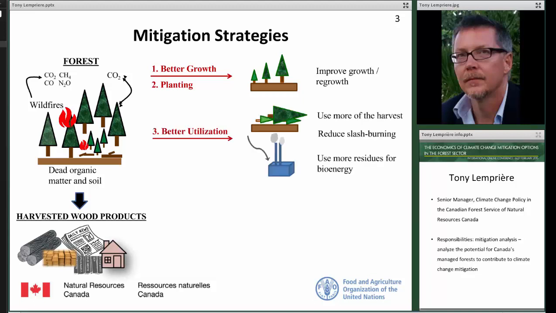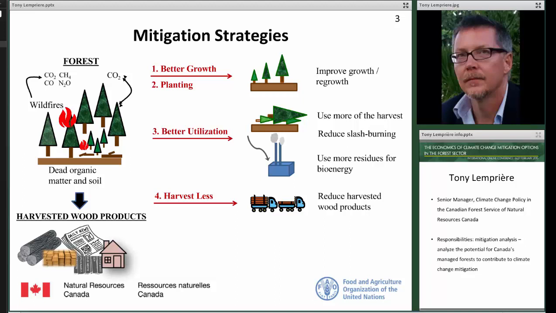Third, a better utilization strategy included several different actions. One was higher utilization of wood from harvest cut blocks to increase the wood that was extracted per hectare while keeping the total harvest volume unchanged. Other actions in this strategy were reduced on-site burning of harvest residues and then recovery of up to 50% of residues for bioenergy. A fourth strategy was a harvest less strategy, which reduced the harvest volume and restricted the forest